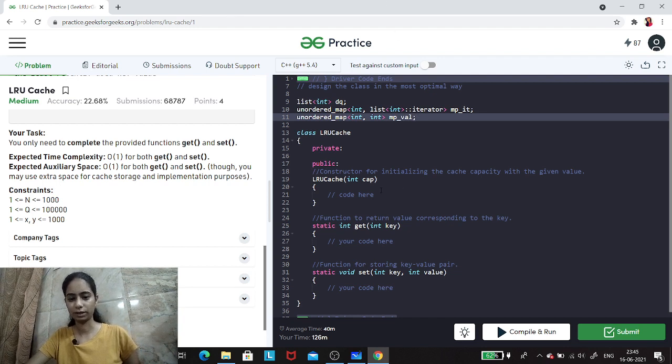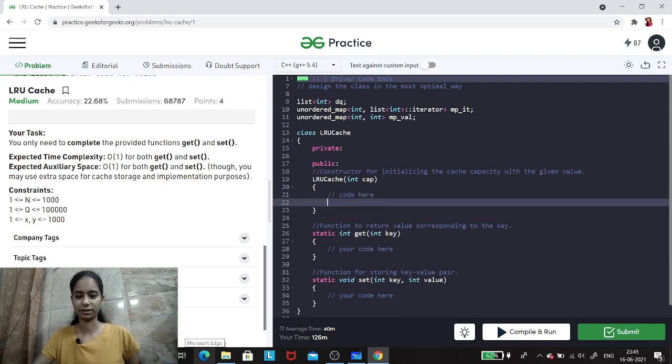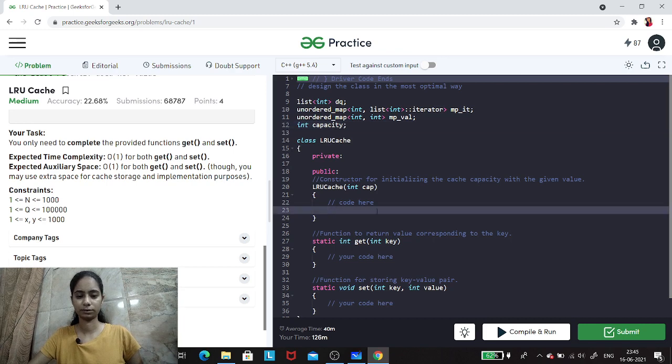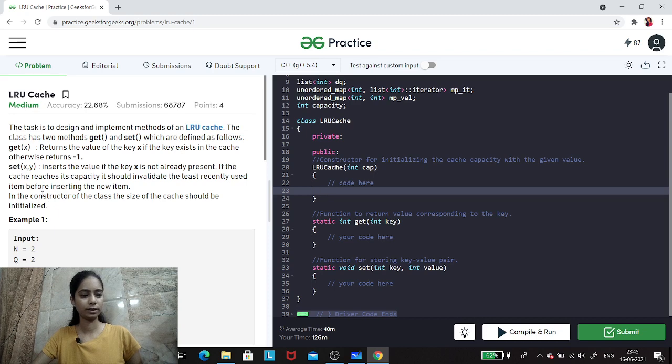So these 3 data structures we'll be maintaining, and it will be running for multiple test cases. I need to maintain a capacity as well, so let's call it capacity. It's given in the question that in the constructor of a class the size of the cache should be initialized.